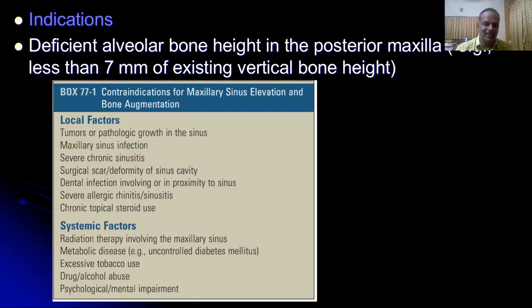On the three-dimensional scans, if available, the lateral wall should be assessed for the presence of any medium or large-sized vessels. Medium and large-sized vessels sometimes traverse the lateral wall of the maxillary sinus, and it's very important to identify them and to do the surgery without sectioning these medium or large-sized vessels, to prevent bleeding problems during the procedure.